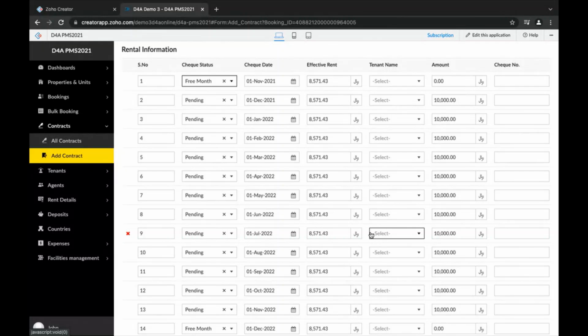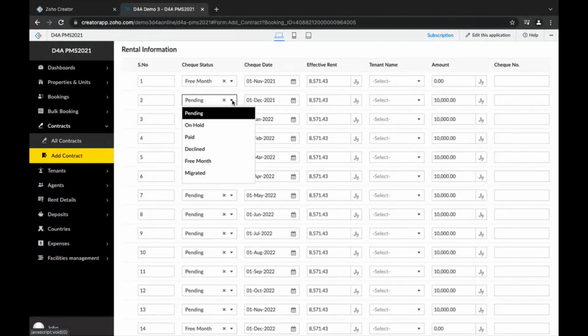From that point, you will be able to keep track of the deposits that you have made in the bank, and the status of the check. This is the primary reason for having the list of statuses. For example, the check is on hold, or it's paid, or it's declined. Let's say a tenant comes in and says, please do not deposit the check for the next 5 days. Just wait for me to fund my account.